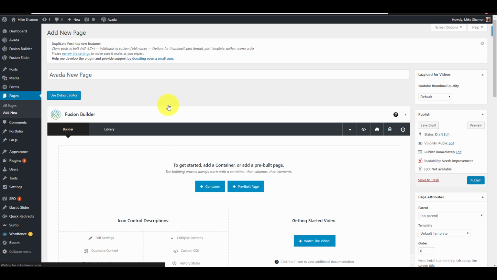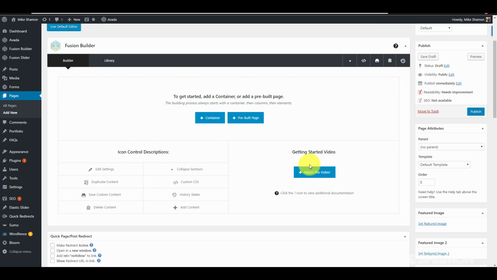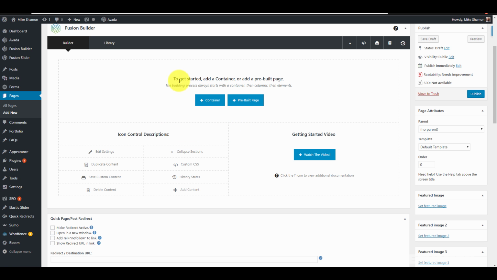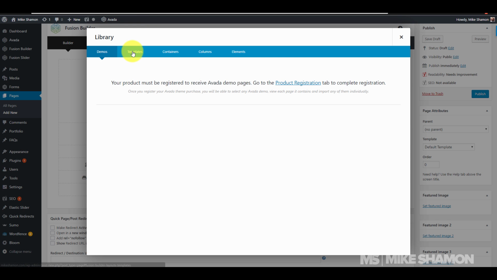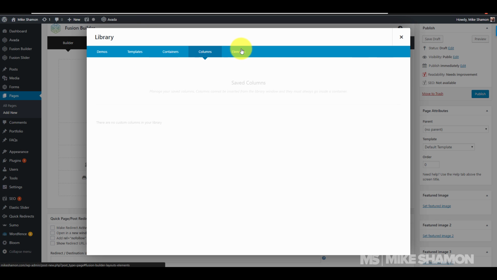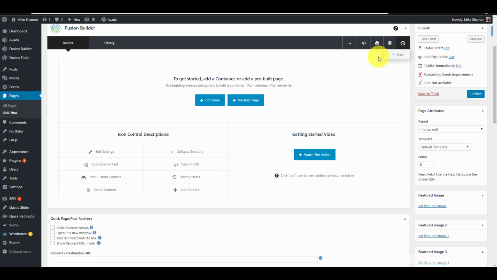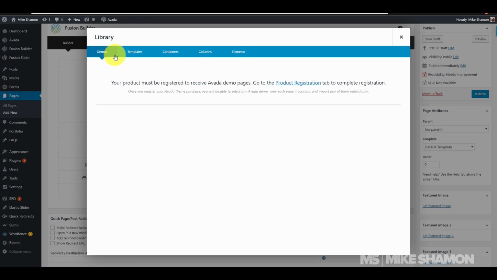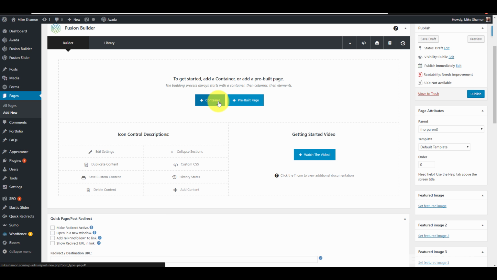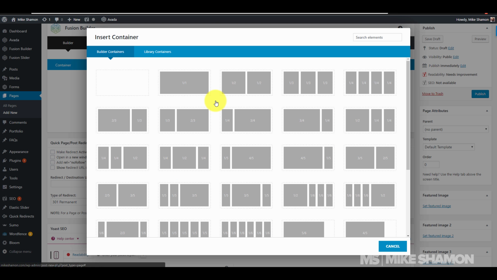So if I use Fusion Builder, you see it changes. And then you have this to get started: add a container or add a pre-built page. So they have a place where you can save your templates, and you can save the containers that you've made, the pages that you've made. Now, they do have demo content. I don't have it loaded on my site, but if you wanted demo content, you can load it, and it'll appear right here. But if you just want to start building, you just go to the container, and then